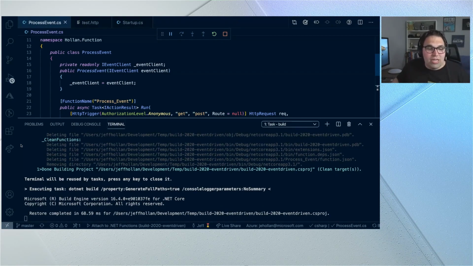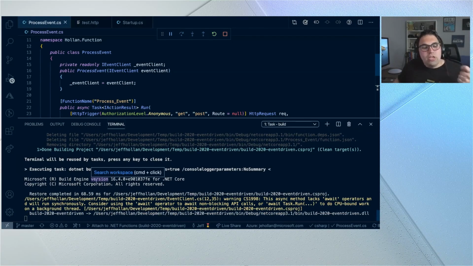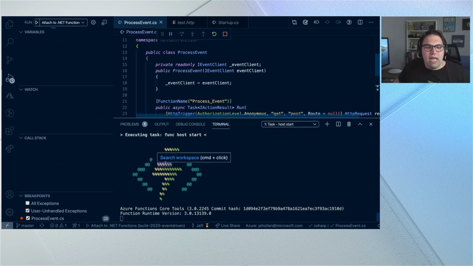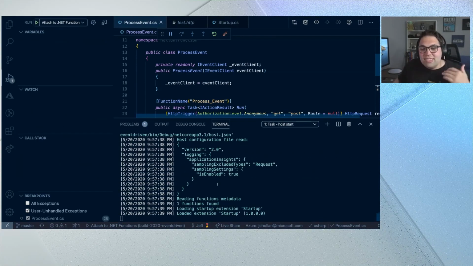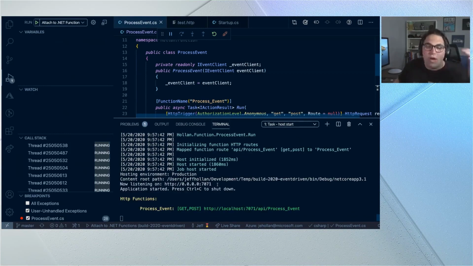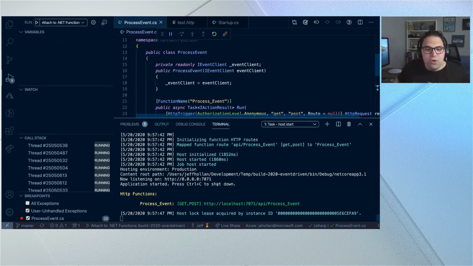This is the open source runtime, in this case, running directly on my computer. It's looking at my code, it's looking at the events that I'm interested in, and it's going to give me a local development environment, the same runtime that will be running when I run this in the cloud, when I run it anywhere. So if this was listening to something like a service bus queue, I could now open that queue and start dropping in events.